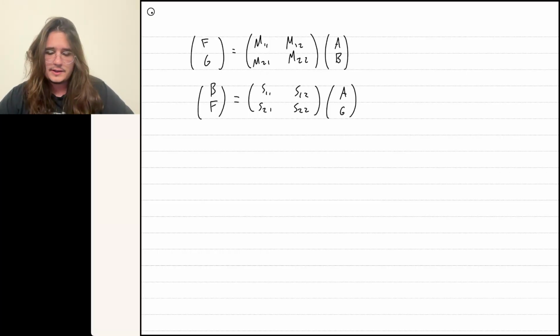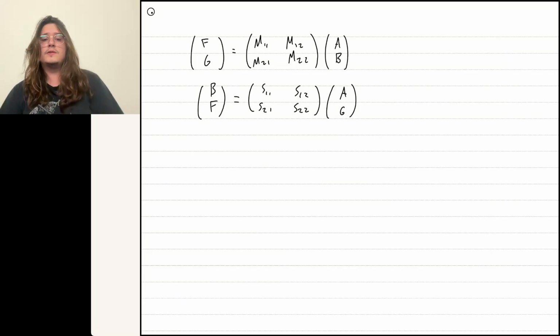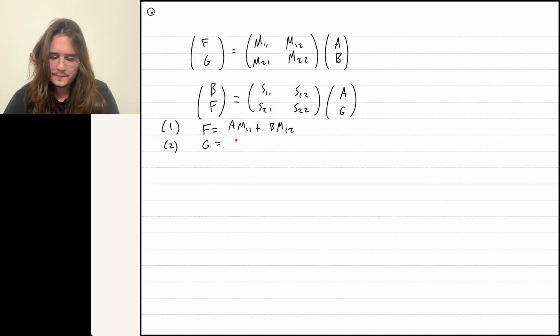So the first part is actually to find the elements of the M matrix in terms of the elements of the S matrix, and we're going to be able to do that if we expand these couple linear equations out into four separate equations. So equation 1 is going to be F equals A M11 plus B M12, and equation 2 is going to be G equals A M21